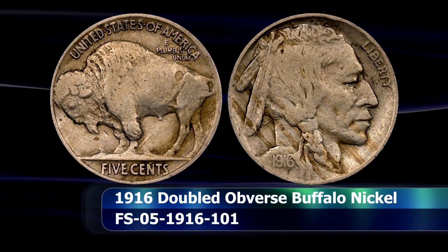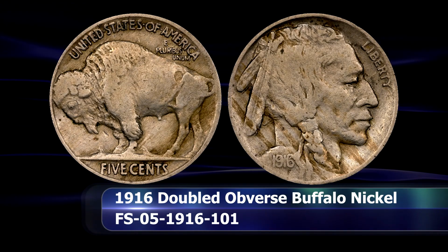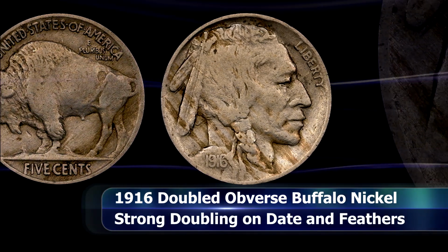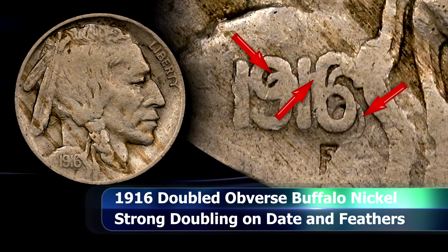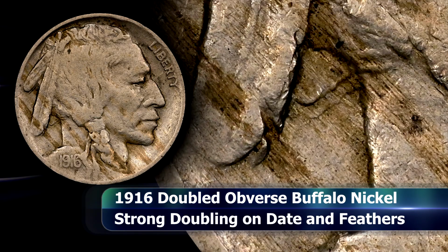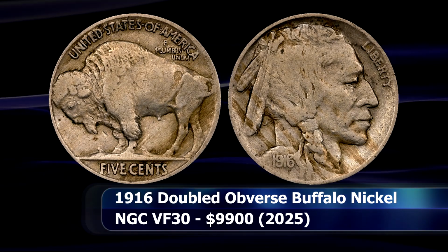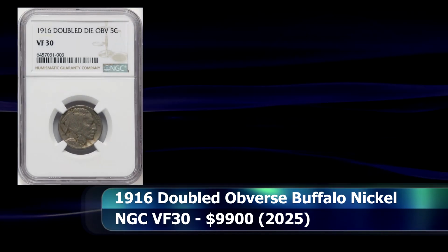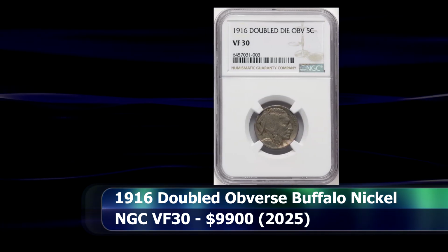The 1916 doubled obverse Buffalo nickel is a spectacular variety in a series that has some truly famous and sought-after varieties to boast with, helped in no small part by being a Red Book listed variety. Here, the doubling is most evident on the date, where the digits are doubled almost diagonally in relation to where they really should normally be. Other elements of the design, like the feathers, are also doubled quite obviously on this amazing little coin, which is graded by NGC as VF30 and was sold at auction for